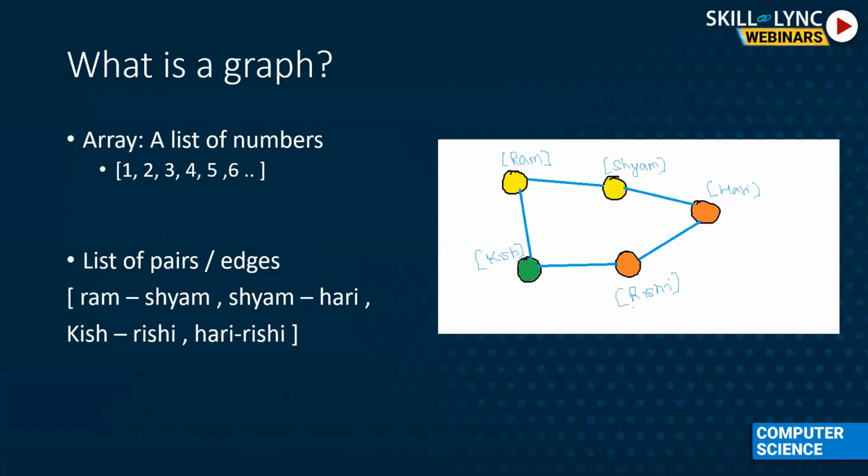In normal terms, whenever we think of graphs, we think of graph as only the nodes and edges. That is true, right? When I try to explain the graph, we can think of that, okay, it is inspired from arrays. When we talk about arrays, it's just a list of numbers. And for the graph, just like the arrays, you can expand the arrays to the edges, a list of edges.